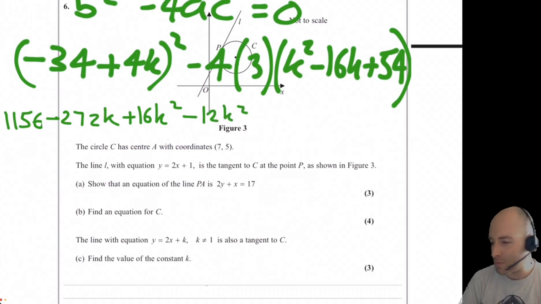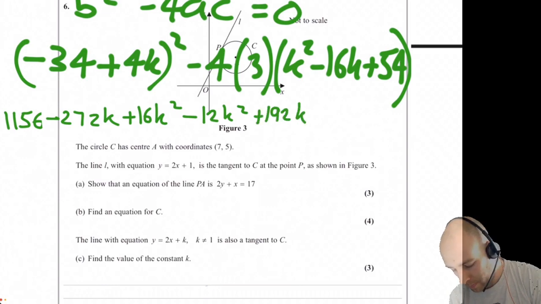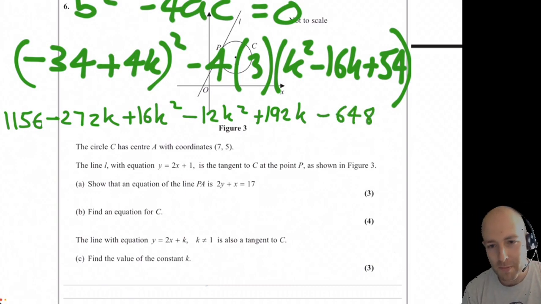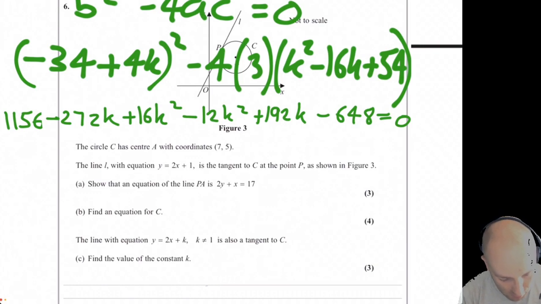Yeah, I'm pretty sure this is wrong. Just the feeling you get when you've done a question twice in one day and it starts going differently. Plus 192k, minus 648. Yeah, it doesn't feel right. I did it earlier. Felt great. It doesn't feel quite right. If you guys have done something different, please correct me before I waste 10 minutes of all of our times.